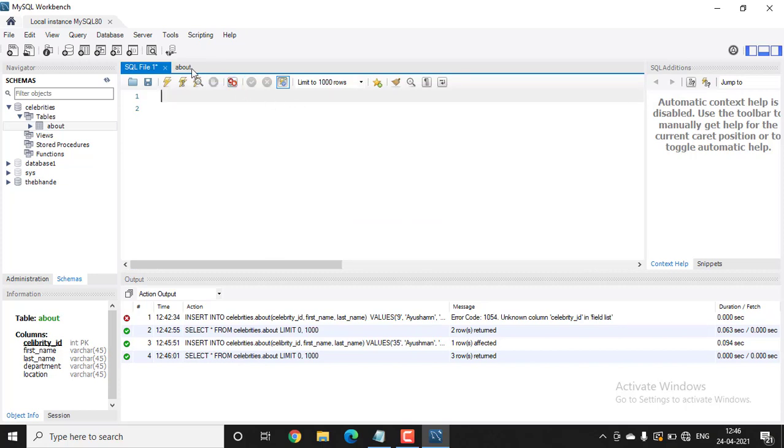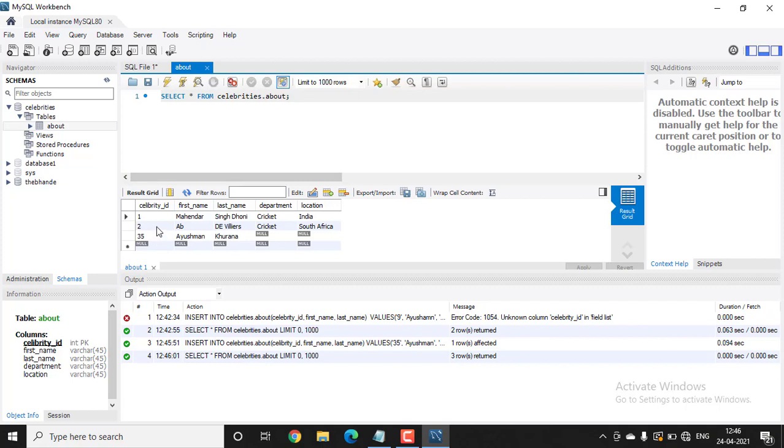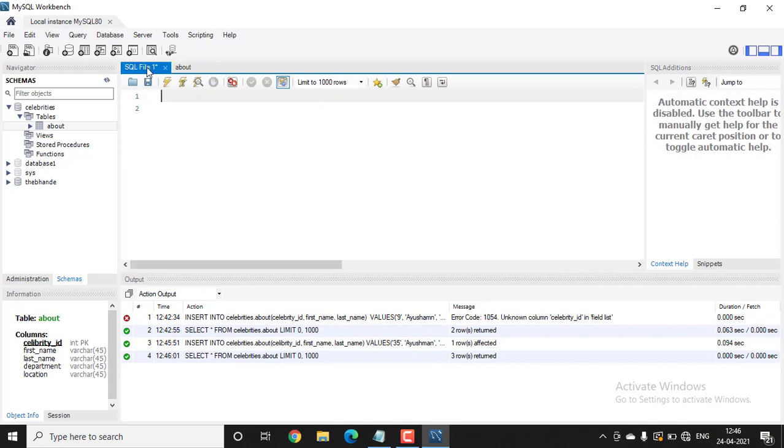Now I want to update the information inside celebrity ID 35. I want to add the department and location for this.